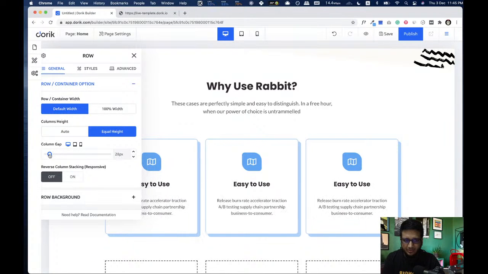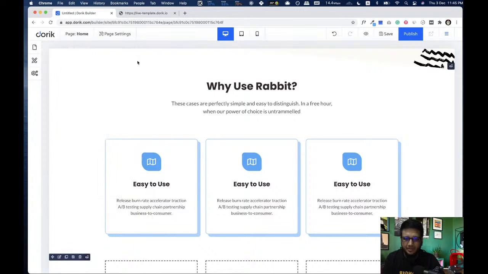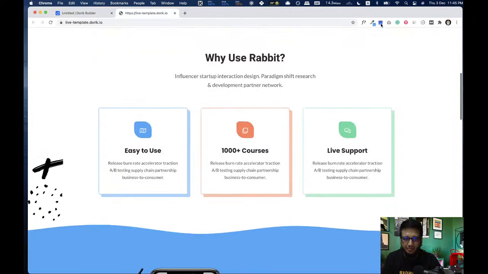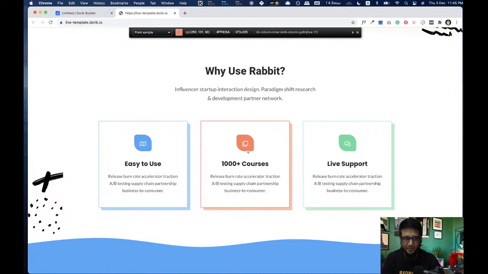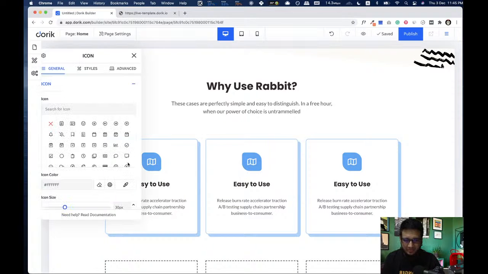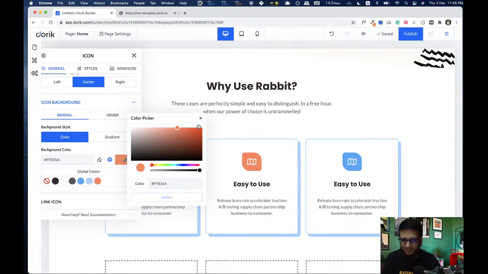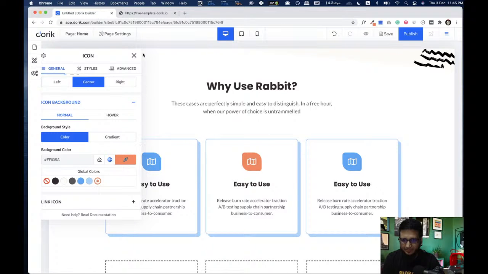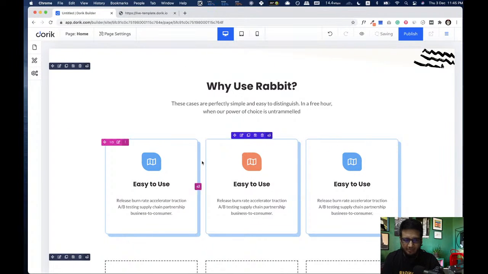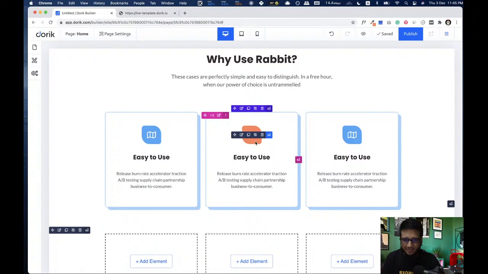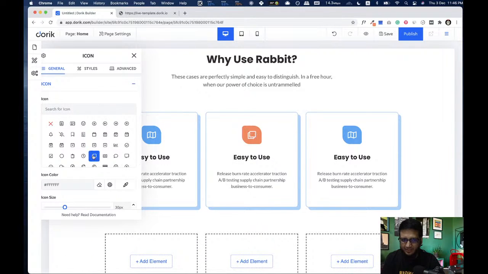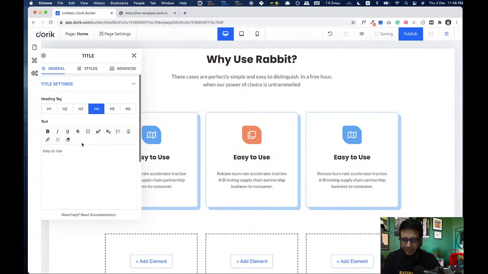Okay, so I think this is good. 30 is good. Okay, so I can change the, let's say I am gonna bring this color. I'm not gonna use all the colors because we don't have much time, because we are really late already. So okay, I can just come here and paste it. You can see this is already changed, and I can add this to global color. And same for every other feature here. We can just change the icon here, and I can change the text.